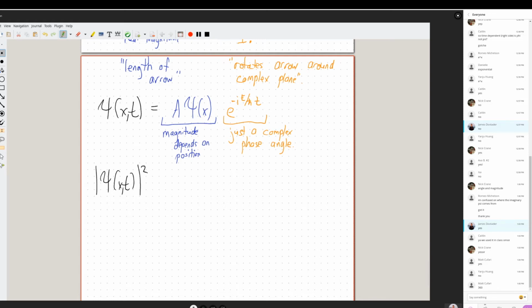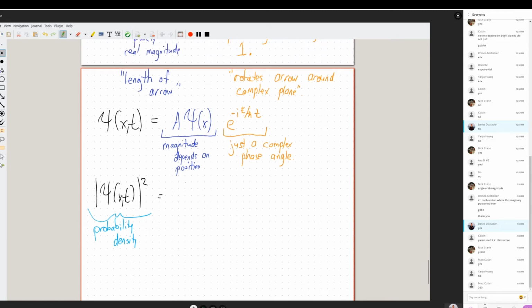Again, the probability density is psi squared. So this is going to be equal to a squared,